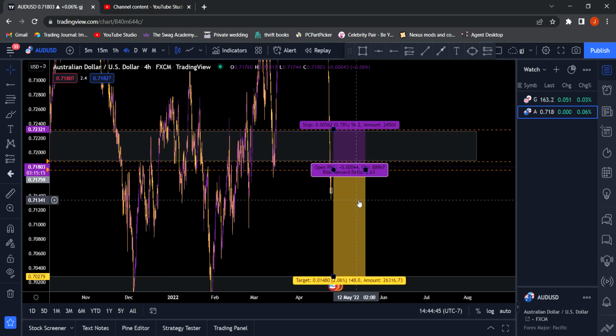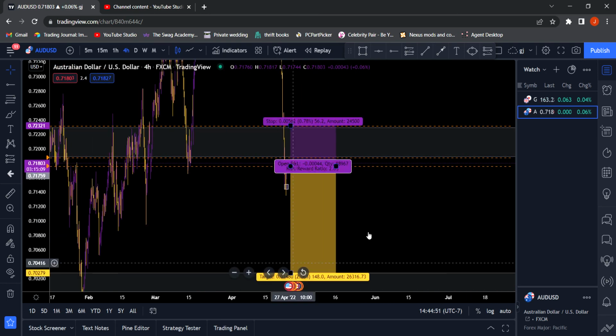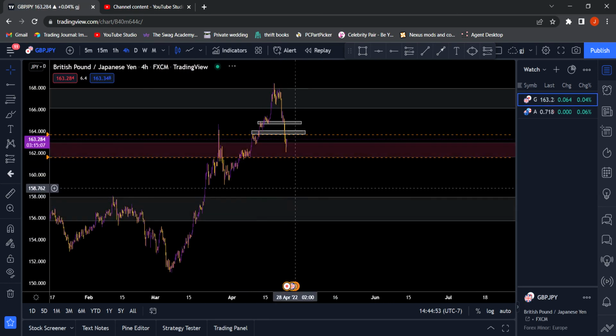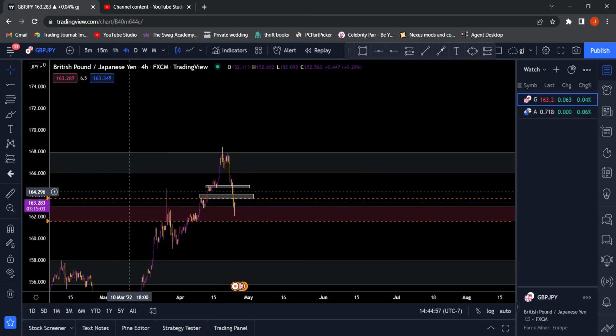So this will be what's that, 2.63 risk to reward. So yeah, that's what I'm looking for right now. So that's all for this video. Just showing my first trade,